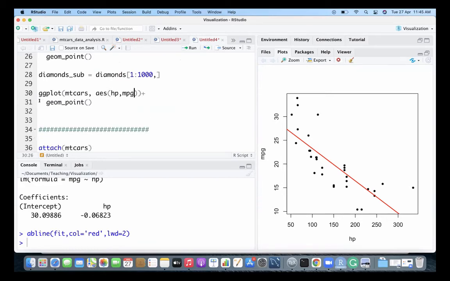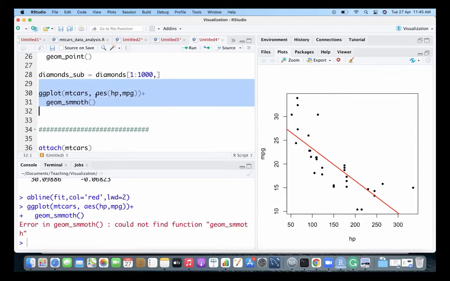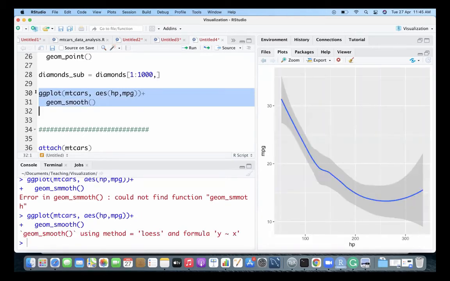When I'm saying smooth, if I do that, then what will happen is, yeah, exactly that is what it is doing.